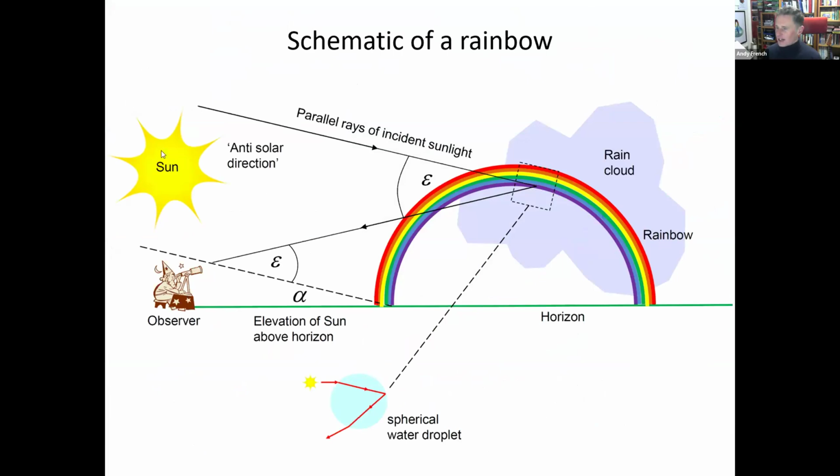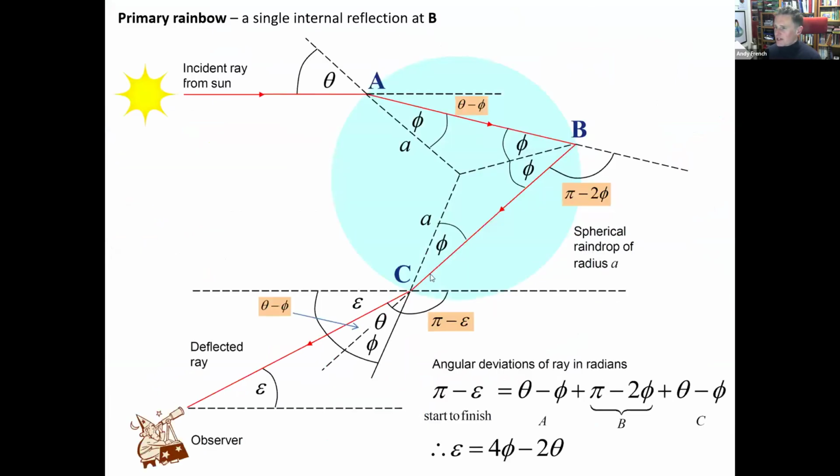So alpha is the angle of the sun. And what we want to relate is this angle of elevation to the angles at which the rays of the sunlight hit the rain droplets. If you go inside the model, this is for a primary rainbow. You get a bounce internally, an internal reflection. And it turns out you can work out the angle of elevation versus the angle of incidence here. And that will be anything from 0 to pi over 2 radians, right?